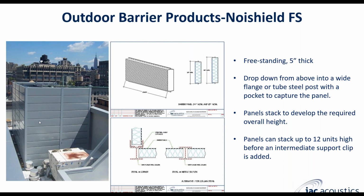Okay, so we have this rooftop barrier here, and with the standard FS panels, you can see all the structural elements are exposed. Now, that doesn't look terrible. It doesn't look bad at all. We match the paint on the panel to the paint on the beam or the post. And it's a pretty good looking barrier wall, but there are times that customers may want something that's slightly more